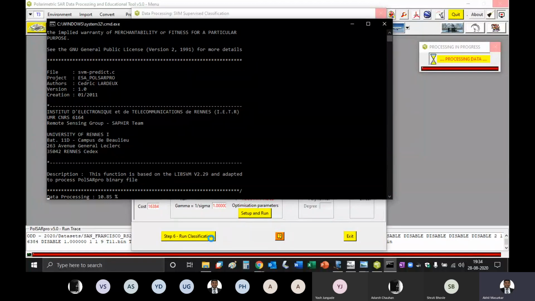You can pick up the data for AirSAR and classify the AirSAR data from start to end. AirSAR data will get classified very quickly because it is very small in size. So start with AirSAR.